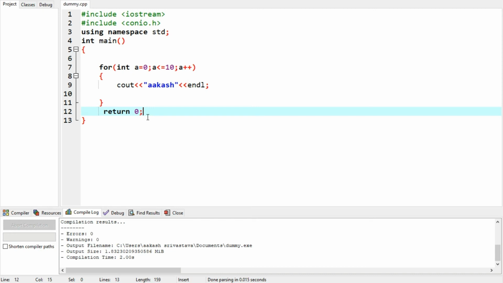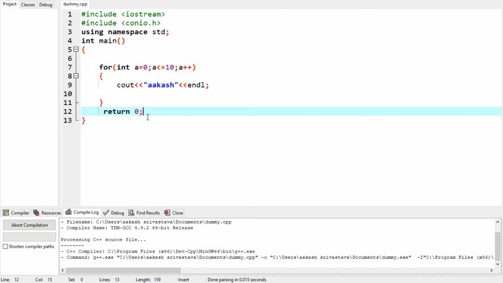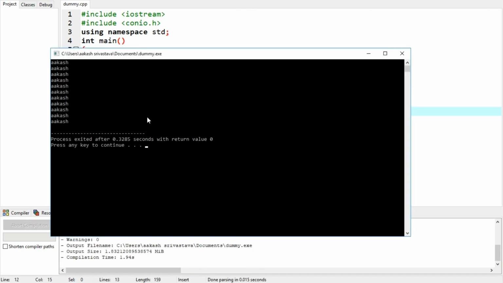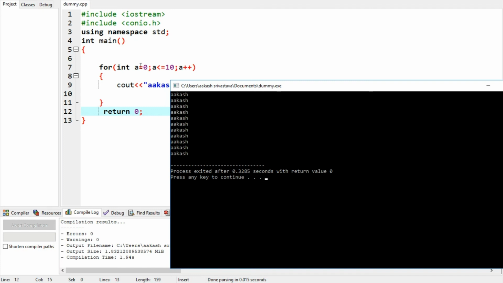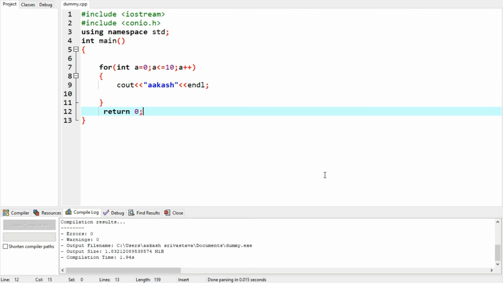So save it, compile it, and run it. You can see the loop is executed 11 times. Don't be confused. The value of a was 0, so 0 1 2 3 4 5 6 7 8 9 10, a total of 11. After that, when a gets the value 11, the rule is violated and the control passes to return 0. Now you can see return 0, press any key to continue. So this is all about the for loop. Now we're going to proceed to our second loop, that is